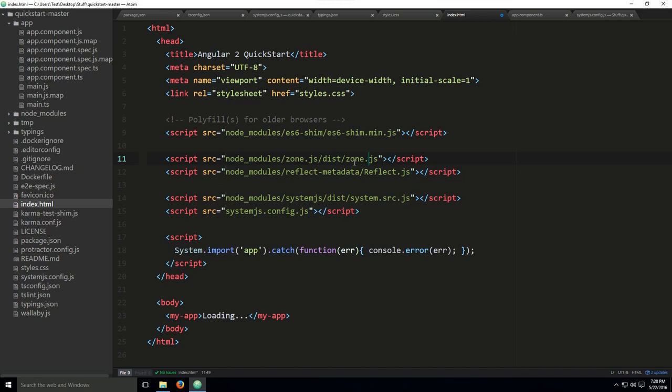Anyway, if you really are that interested at this point in time to know exactly what Zone.js does or what zones are in general, go on to the net, and there are plenty of definitions out there, but I assure you, you will find them very confusing at this point in time. Next up,